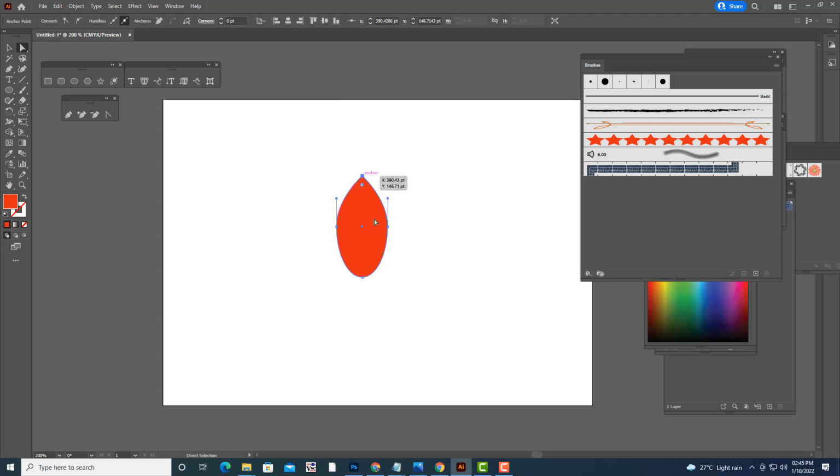Just select the point and click on this convert selected anchor points to corner. Click on this point and then again do the same thing. Convert selected points to corner, and then shift to select both these points, and like this you can adjust.